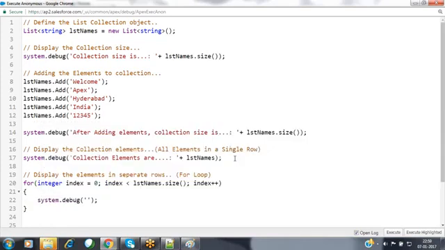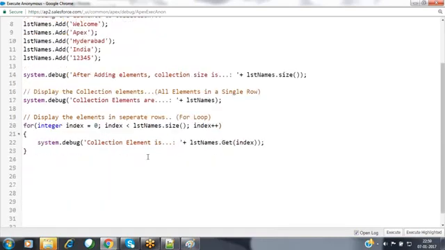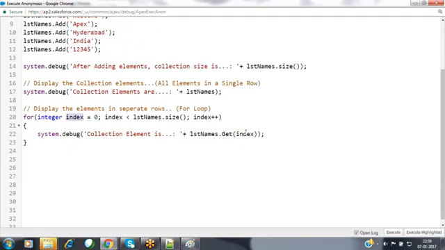Every time we have to get that element value here. Collection element is, I want to show that element here. Then how can we get that element? To get that element, we have to use the collection object name dot get of index position. We have to supply that index position. The index position value is available inside a variable called index. That's what I'm passing over here, so that we can fetch each and every element from starting to ending inside that.